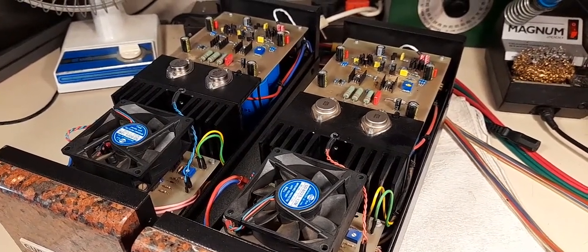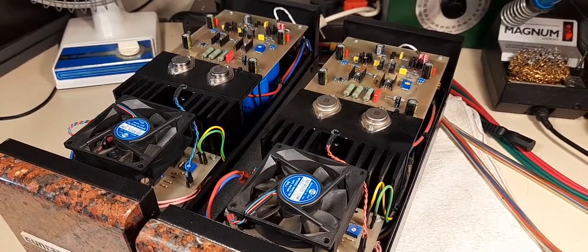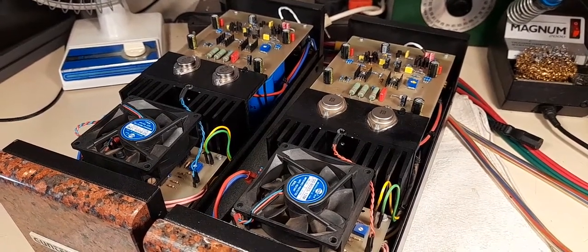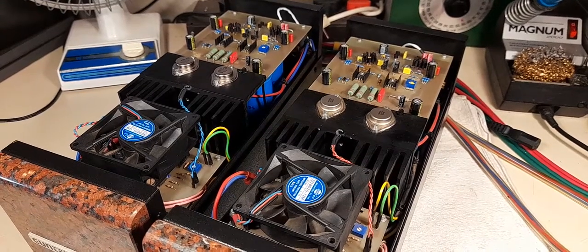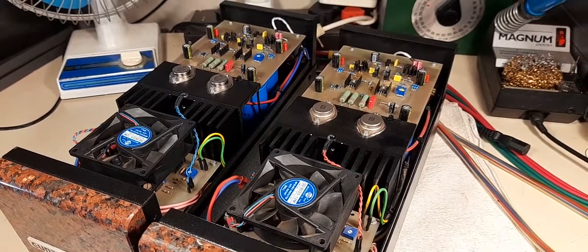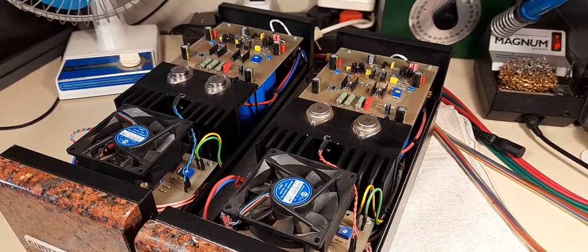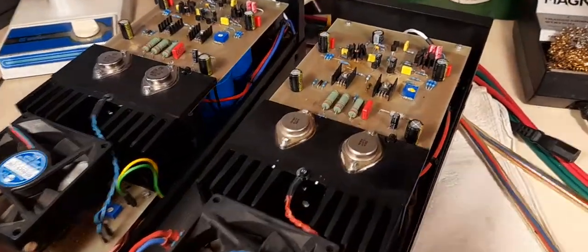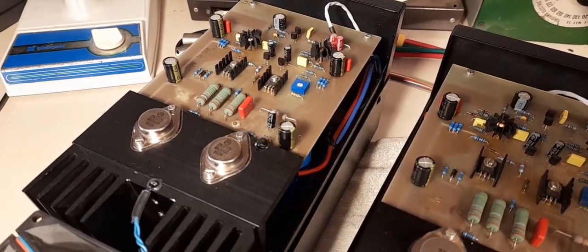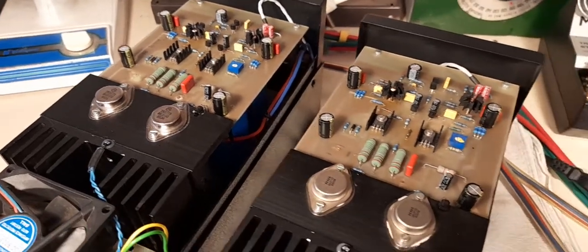The circuit, a lot of electronic audio technicians will recognize relatively quickly, and that is the quasi-complementary Lin RCA circuit, and later on the adapted circuit that was made famous by Mr. Werke of Naim NAP. So there you can see the audio channels. It uses the 2N3773 PNP power transistors in the output,